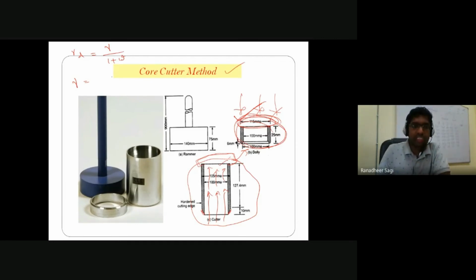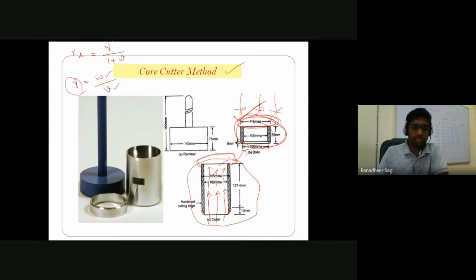So weight of the soil sample got collected in the mold is known, divided by what is the volume of the soil which got collected in the mold. So how much volume of the soil is getting collected in the mold? It is equal to the volume of that empty space which is available in the hollow cylindrical mold space. So volume of the soil is equal to the hollow cylindrical volume of the mold. So volume of the soil is nothing but volume of your mold. Weight of the soil, what is collected is known. Then you can say what is your bulk unit weight.